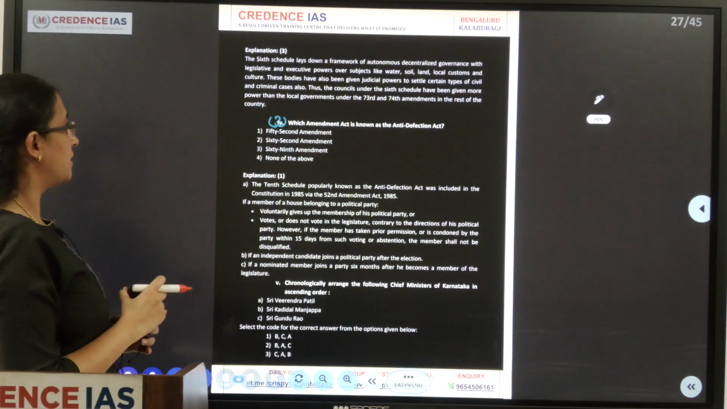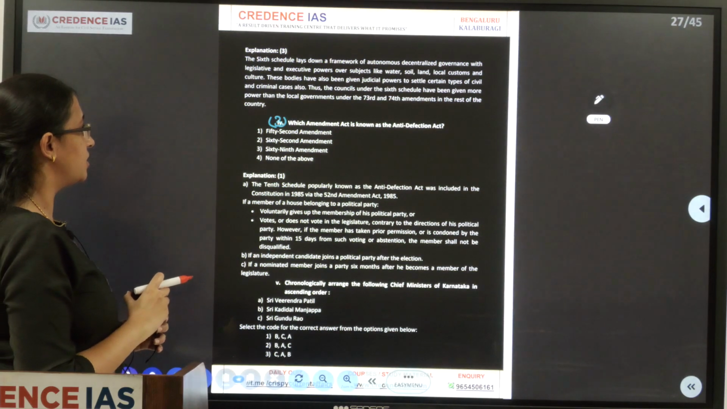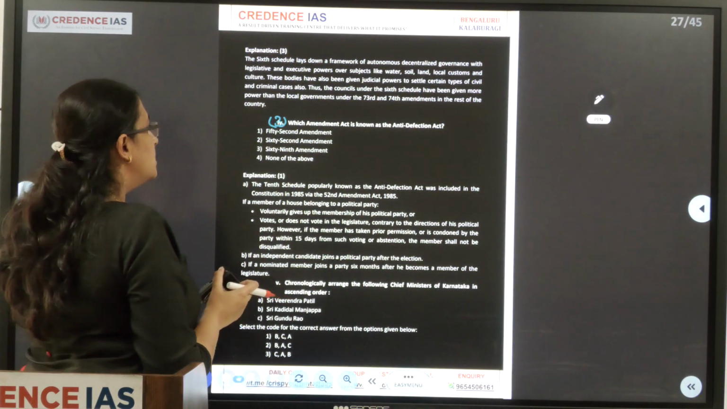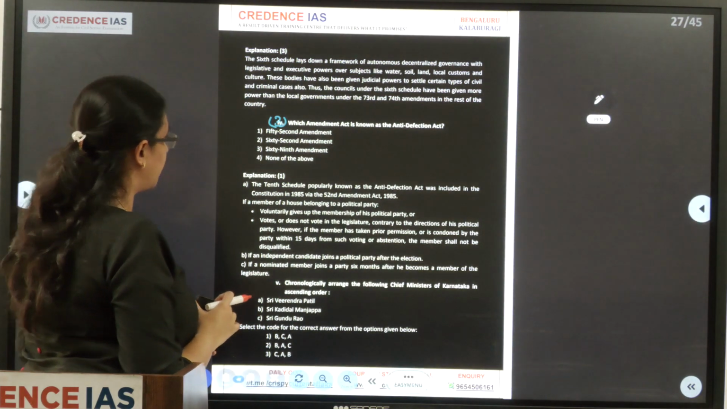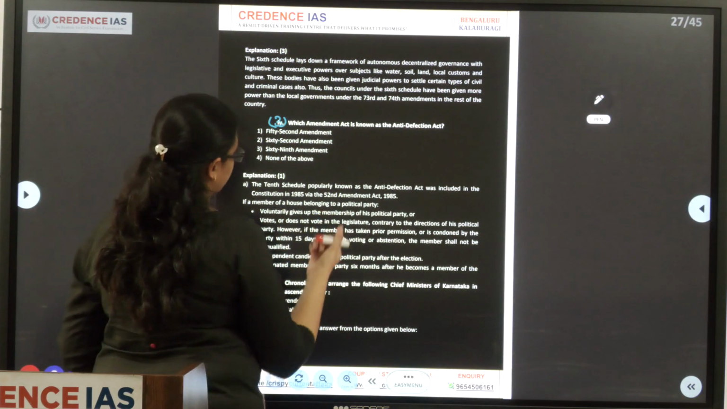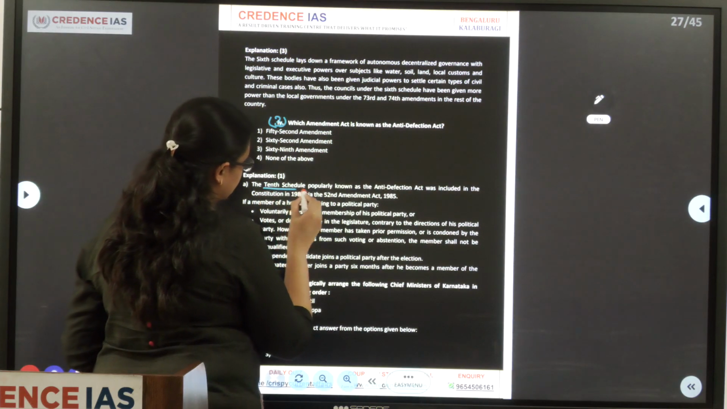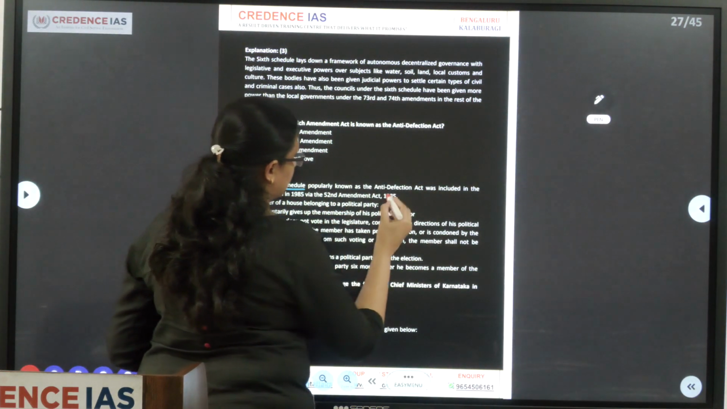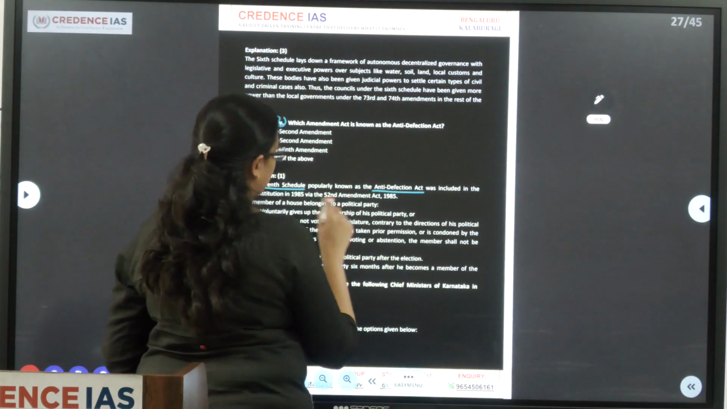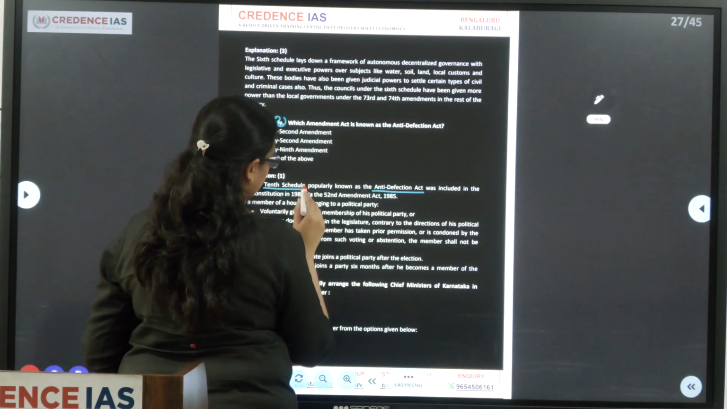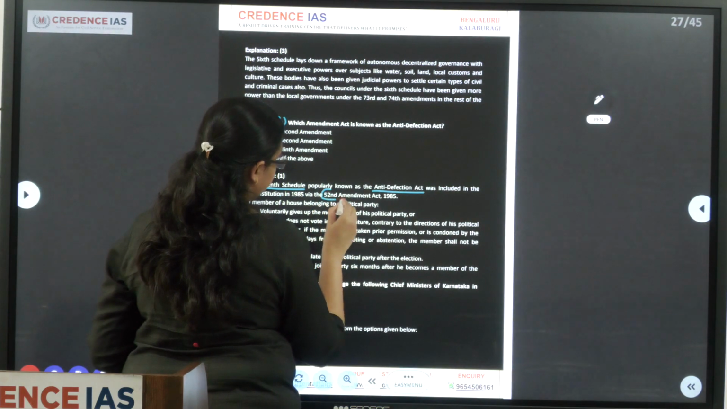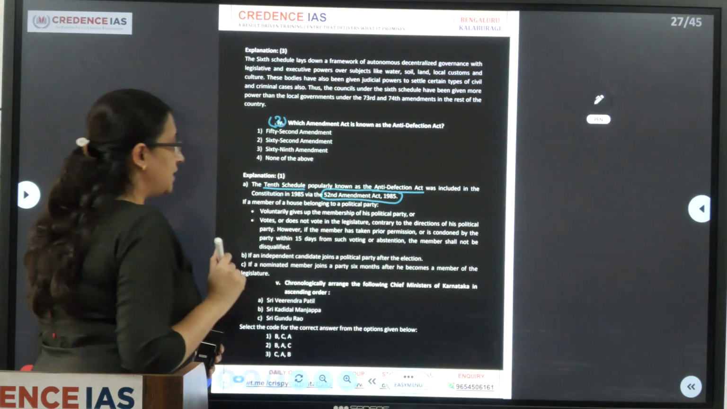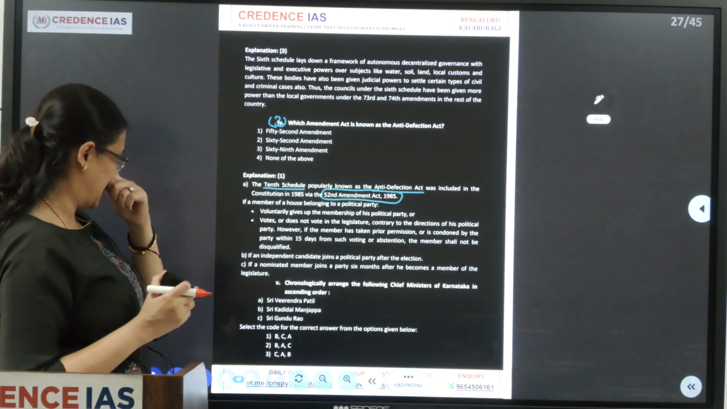Which Amendment Act is known as the Anti-Defection Act? 52nd, 62nd, 69th, none of the above. As the explanation itself suggests, the 10th Schedule was added, popularly known as the Anti-Defection Act. It was included in 1985 by the 52nd Constitutional Amendment Act of 1985. So as per it,